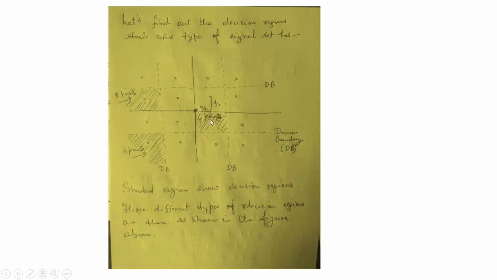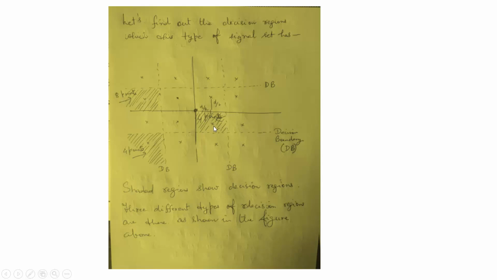This is one decision region, and these dotted lines are the decision boundaries. This dotted line is again a decision boundary, and these vertical dotted lines are also decision boundaries, and the shaded portion is the decision region